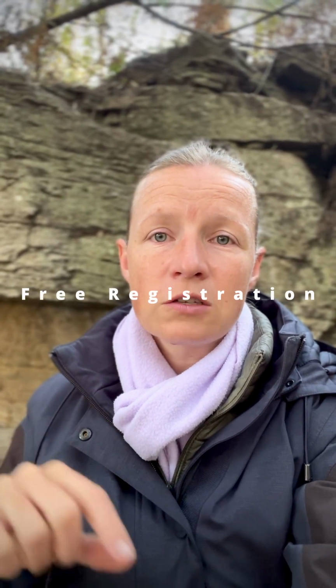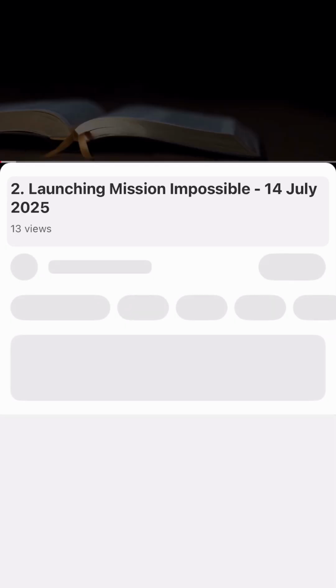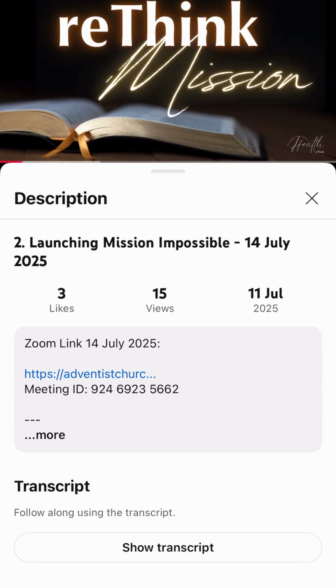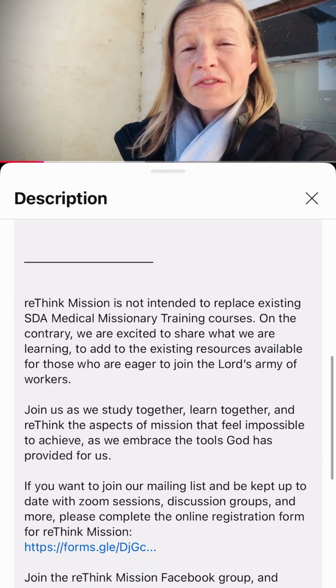The Google Forms is for the entire reThink Mission course. If you register there, we will have a better idea of where you're registering from, what your home language is. It gives us a bit of context about what your background understanding is, and it just helps us to tailor the course